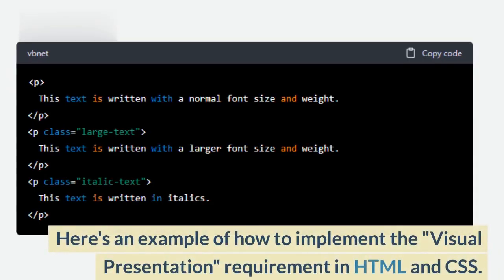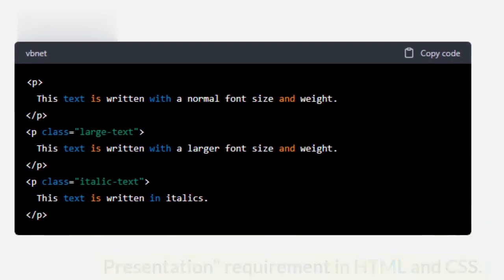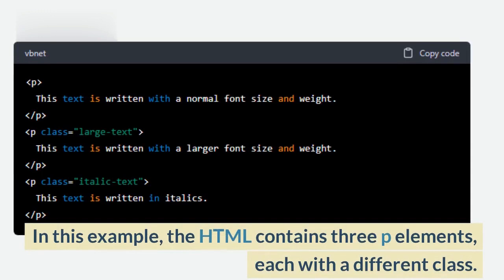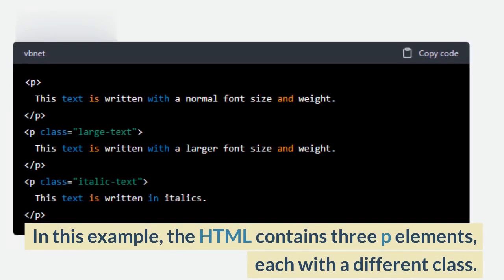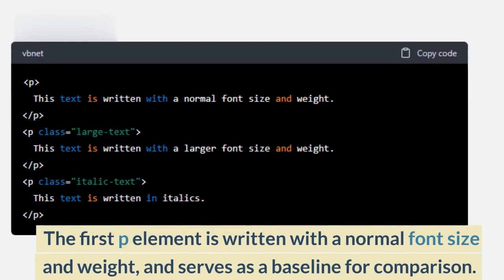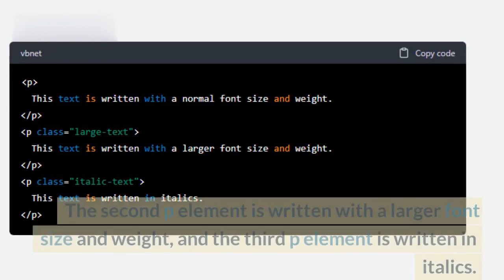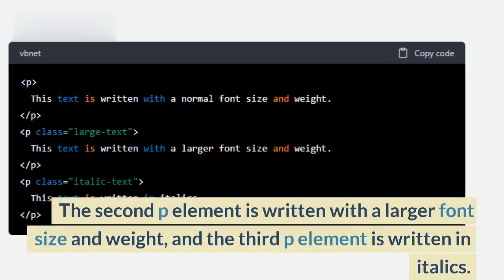Here's an example of how to implement the visual presentation requirement in HTML and CSS. In this example, the HTML contains 3 P elements, each with a different class. The first P element is written with a normal font size and weight, and serves as a baseline for comparison. The second P element is written with a larger font size and weight, and the third P element is written